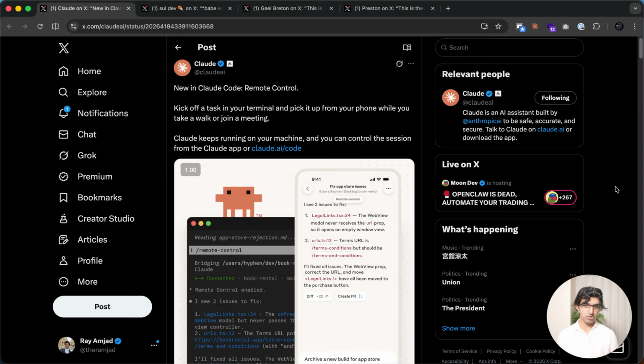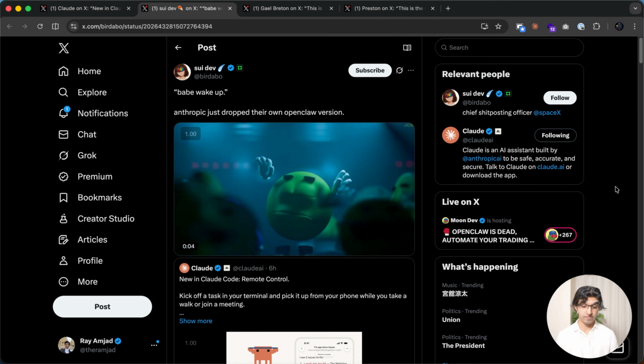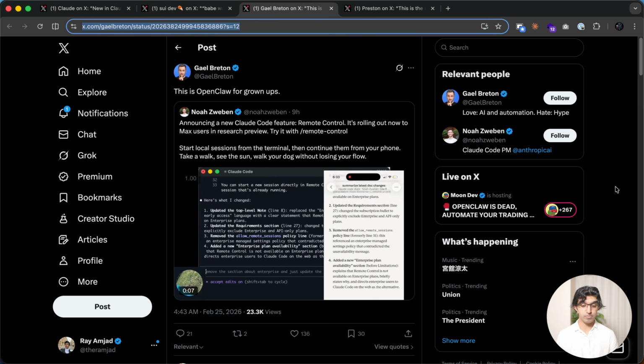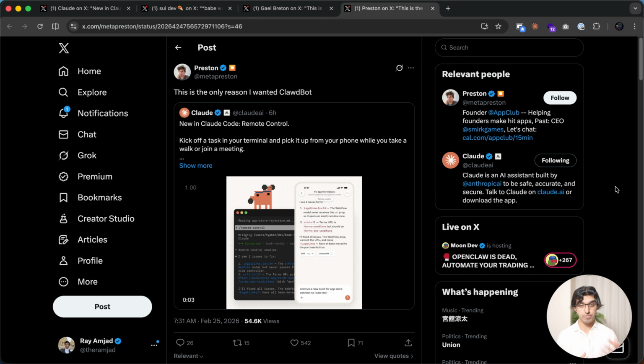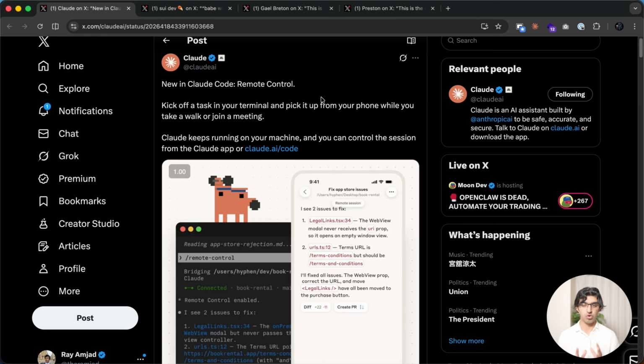Okay, so a few hours ago, Anthropic released a brand new feature which many people are calling Anthropic's own version of OpenClaw for grownups, and now saying they don't even need to use OpenClaw or CloudBot anymore because they can just replicate the same thing inside of Claude Code. And this new feature is being able to control Claude Code running locally on your machine from your phone or